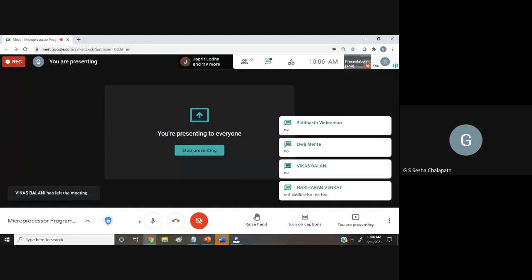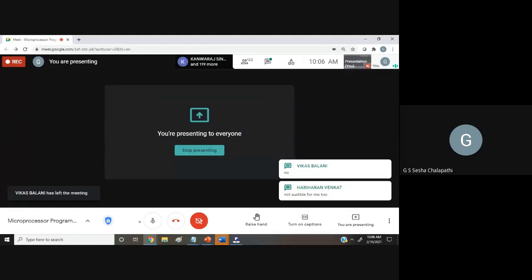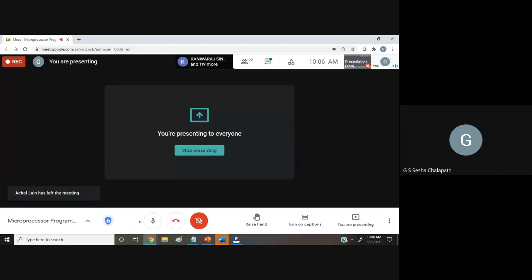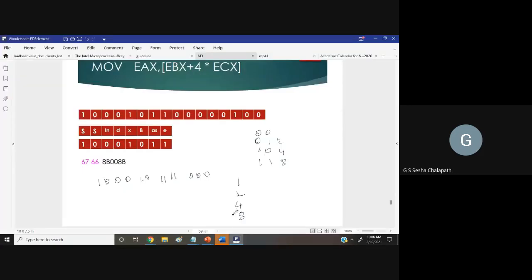Sorry. So I was saying, let's start with the scaled index addressing mode, which we have postponed for a class or two. Let us take the same example that we have taken previously: MOV EAX, [EBX + 4 * ECX]. Now in scaled index addressing mode, there are four scalings which are possible. The multiplication.